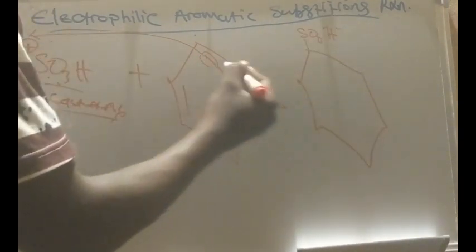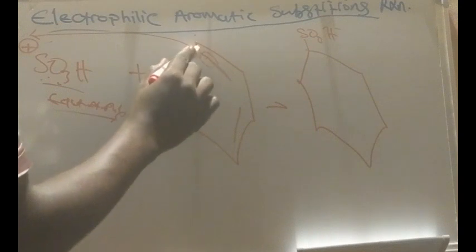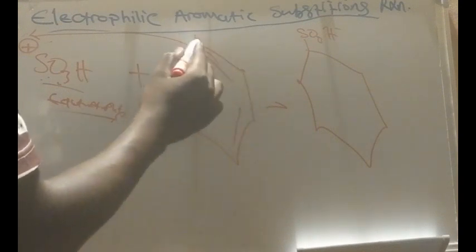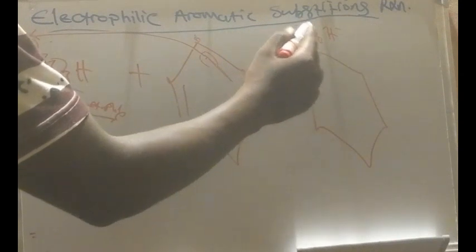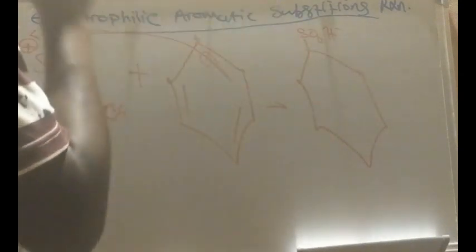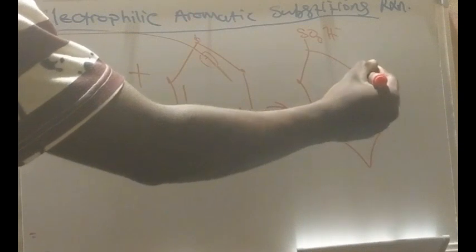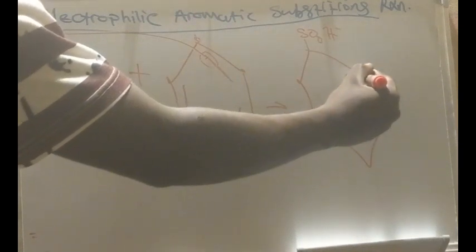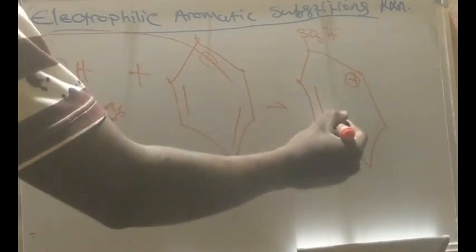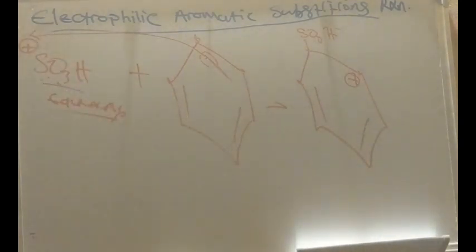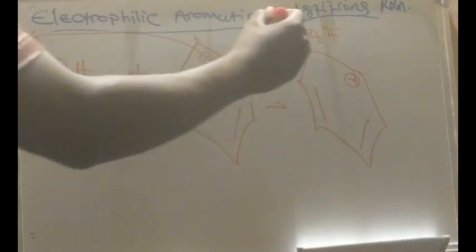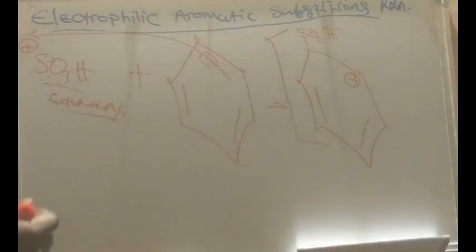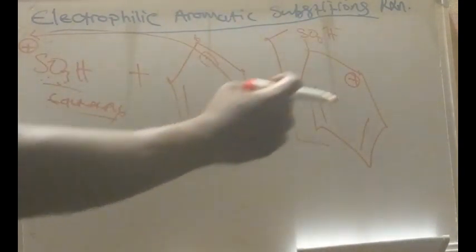So if this bond has been broken, this carbon and this carbon were involved in this bond. So this carbon is satisfied with this new molecule, but this carbon isn't satisfied with any new molecule. So there is a relatively positive charge on this carbon, and then the rest of the pi bonds maintain. Okay. So from this intermediate, we're able to realize resonance structures based on the movement of the positive charge between